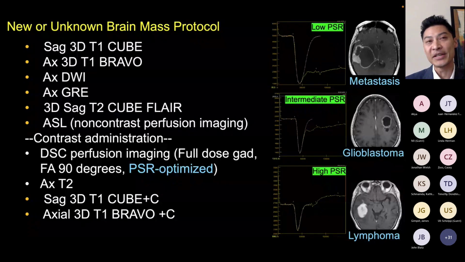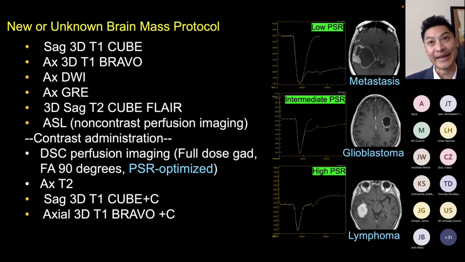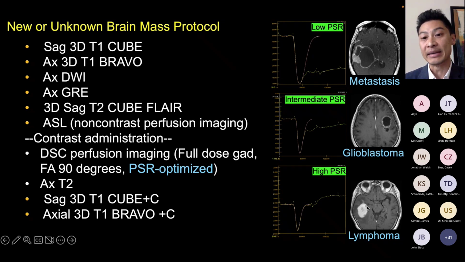And then when the patient presents with a new brain mass, so it's not a known glioma, and the question is not yet whether this treatment is effective or what this tumor is, we like to optimize our perfusion protocol for looking at percentage signal recovery. And here we want to exploit the T1 signal and not so much mitigate it, because as you can see in these different examples of metastasis, glioblastoma, and lymphoma, the signal intensity recovery at the tail end of the curve